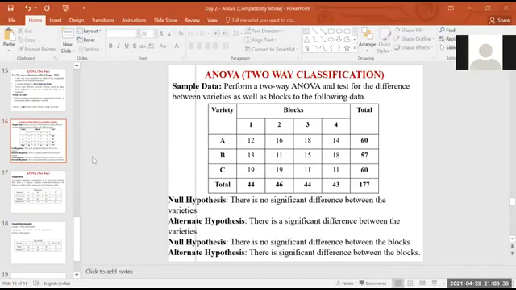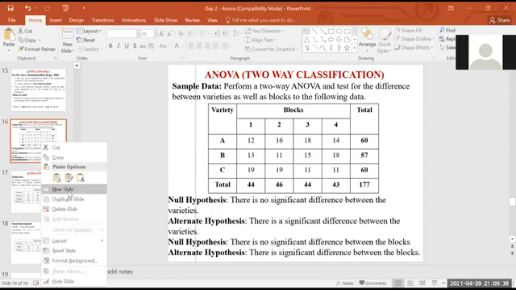Okay, so you can choose one by one. You can go ahead with one factor first and give OK. You will get one ANOVA table for that factor. And next, again go to the Analyze part, take that first factor out, and give the second factor, block, as a fixed factor. Give OK, you will get the second ANOVA table. So once you have the two tables, from those two tables you can give the interpretation. So I will show the interpretation. Now you can see the screen, right? Okay. Now what we can do is, the interpretation, I will type here.